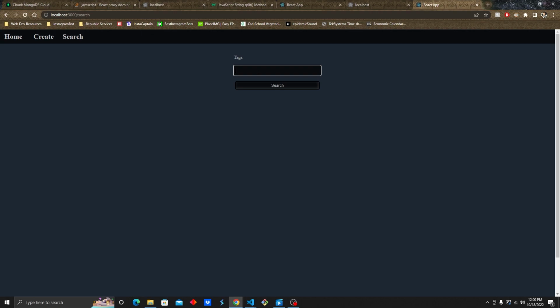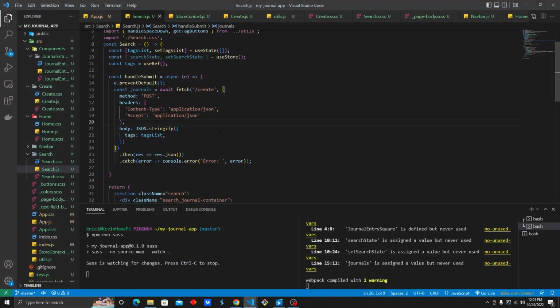We want to be able to type in, write a tag here, click the search button, and then ultimately click on the journal entry we choose to see it on the view page, which we have yet to create. But then let's say we want to go back, we just click the back button. We still want our search results to be here, right? That's a good user experience. We don't want to have everything cleared and have the user or yourself retype in all the tags and do a search again. So that is the reason behind our search state and why we're going to create a search